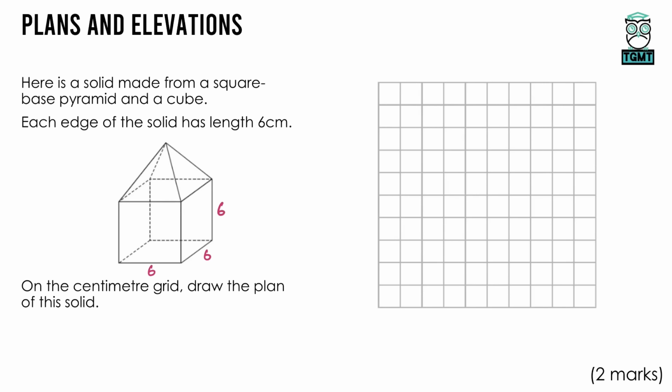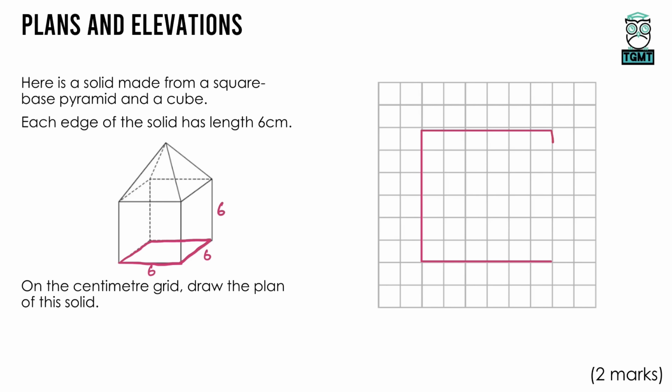Now when you're drawing a plan from above, if it's difficult to visualise the top from above, you can always have a look at this base. And the base here is a 6 by 6 square. And that's essentially what we're going to see from the top. So all I need to do, and make sure you leave enough space to actually do 6 by 6, I'll do the length of 6 to start with, and then the length along the bottom of 6 as well, and double check and count them, make sure you've actually done 6. And there we go, I'm going to join it all up